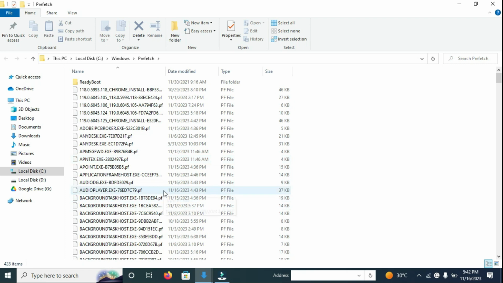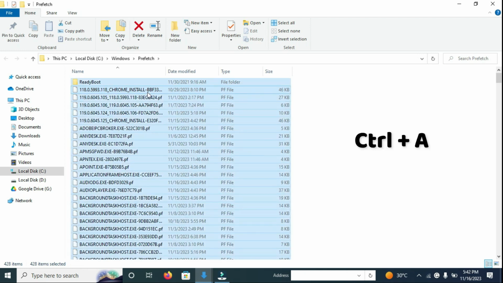If you find a permission prompt, you have to give permission to open this window. Then select any file from here, and press Control A to select all the files from here, and